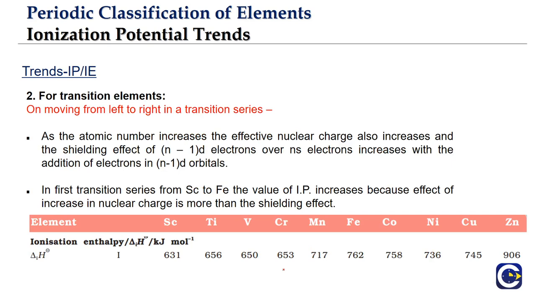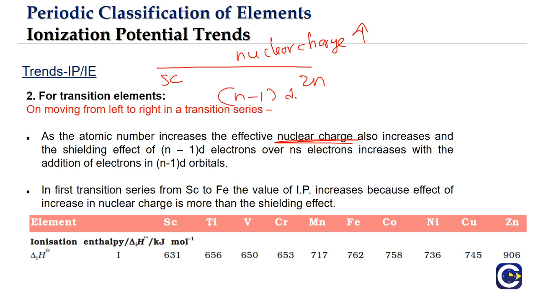Now in the transition elements, generally when we look at them, in case of the radius also we talked about it. There are two counter effects. What are the two counter effects? The nuclear charge. When we move from left to right, from scandium to zinc, what is happening? Nuclear charge is increasing because we are adding one proton to the nucleus step by step. Also, since we are adding electrons to n-1 d, in this case we are adding electrons to the 3d level. So the outermost orbit is what? 4s, right? I mean 4s is the subshell.